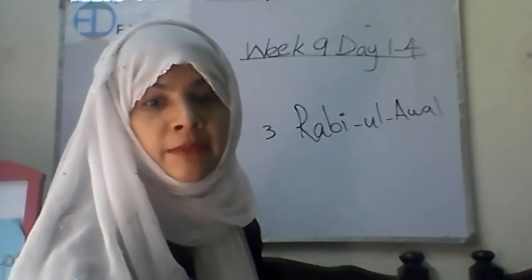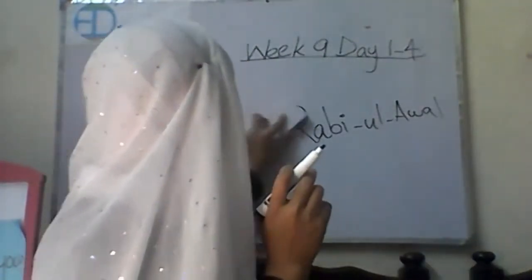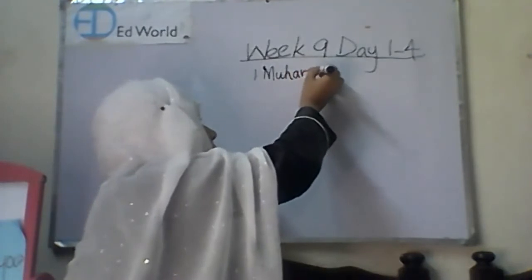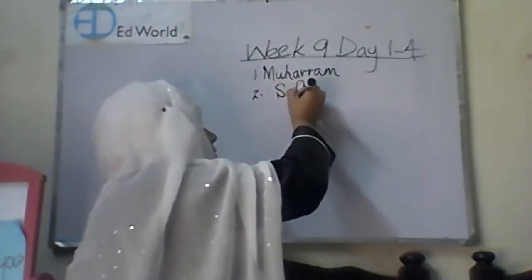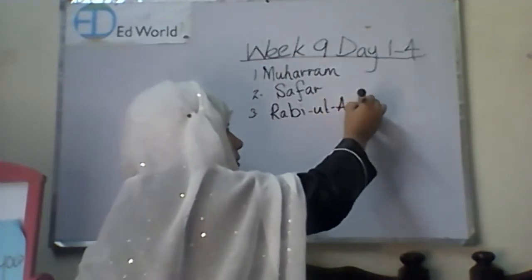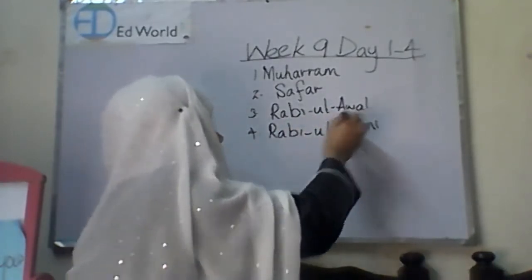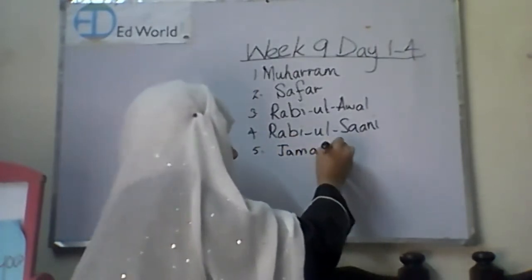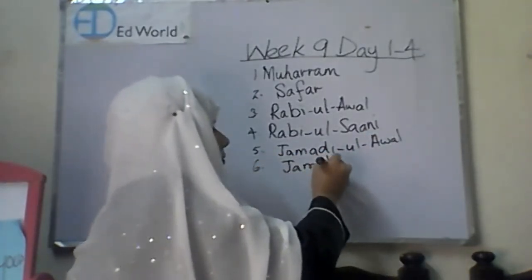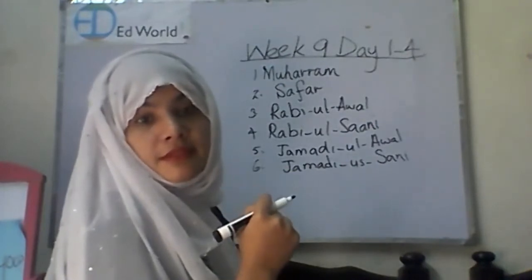We are going to say them again. Can you please say them again? Muharram. Well, I'm going to write it here so it will be very easy for you to learn. Muharram, Safar. Third is Rabiul Awwal, Rabiul Sani, Jamadiul Awwal, Jamadiul Sani. Then Rajab,